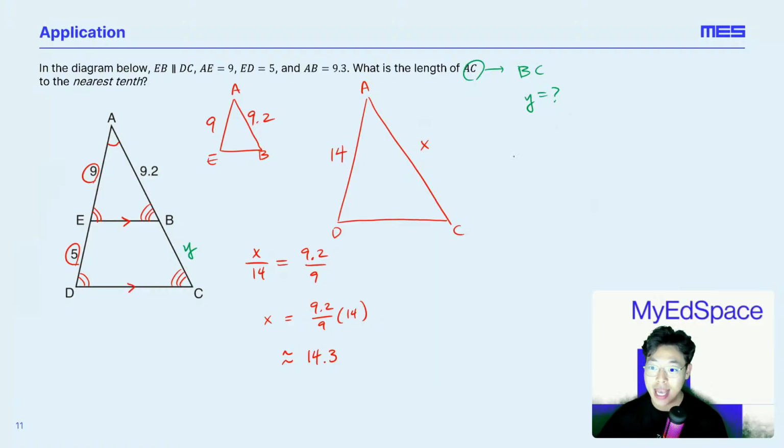In order to find Y, that's actually a new problem here that we could solve. We could just take the X and now subtract 9.2, right? Let's rewrite this. Since X is equal to 9.2 plus Y, in order to get Y by itself, we get X minus 9.2, which is approximately, if we do 14.3 minus 9.2, that would be approximately 5.1.